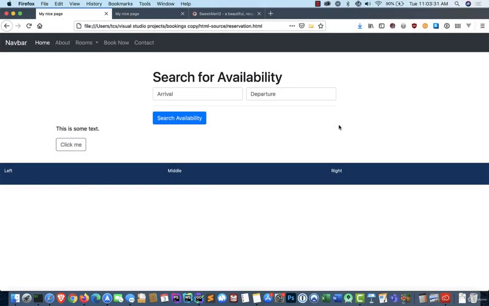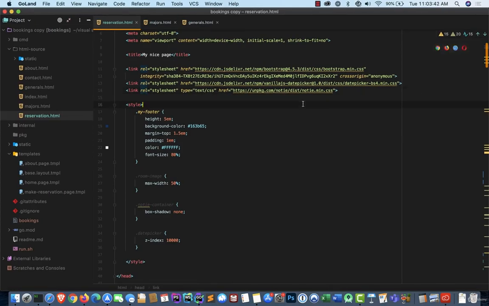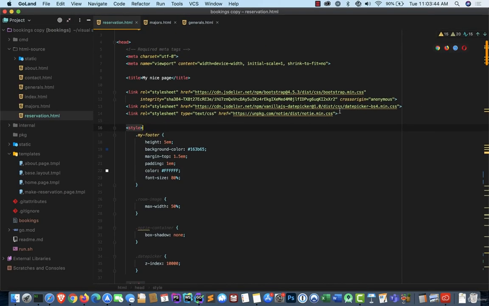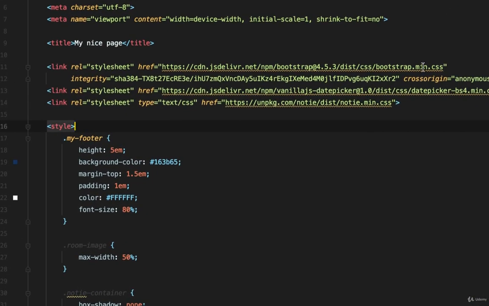So let's talk about cascading style sheets for a little while. This is my reservation.html page, which we're eventually going to cut up into a Golang template. If I look at the HTML for that page, I have all of these imports at the top. So a link to a style sheet, and then a style sheet on a remote server somewhere. So if I copy that URL